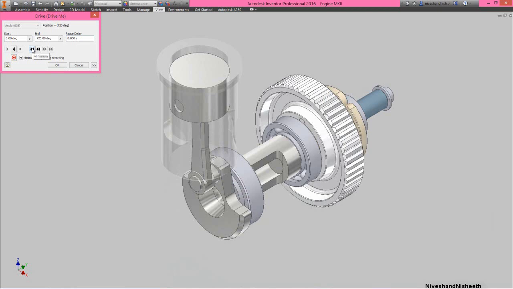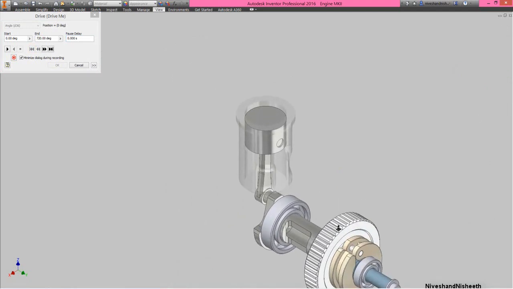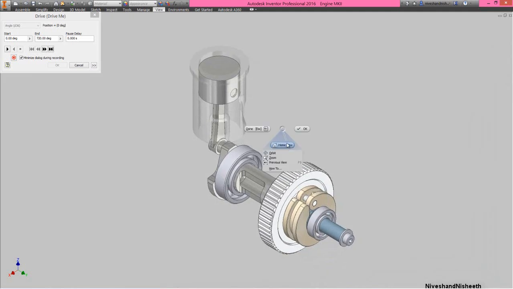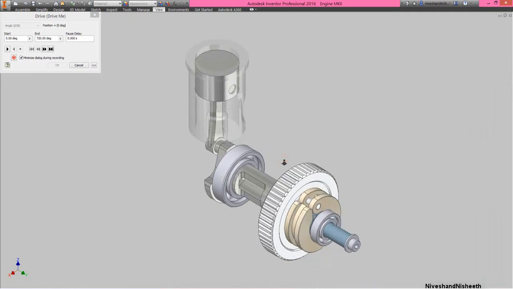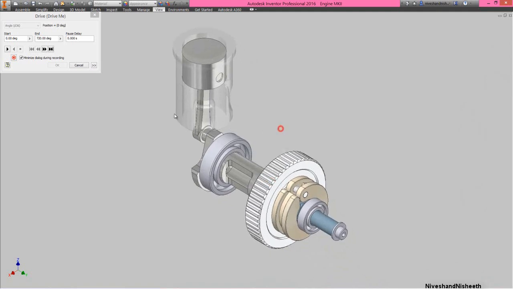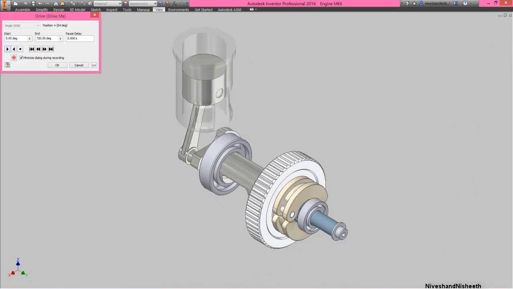Now we will click the minimum button on the drive dialog box. Rotate the model in an opposite side and play the animation once again. Now see the result.